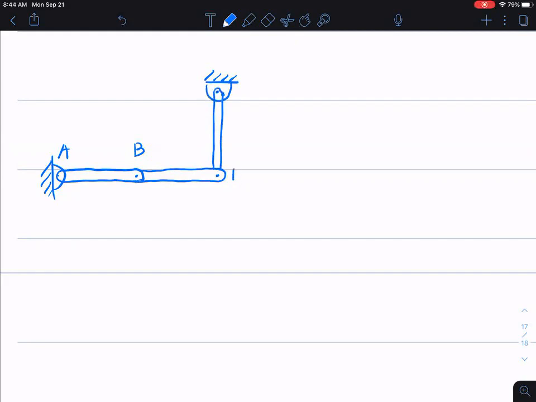Let's call this D, E. If we know link AB is rotating counterclockwise,